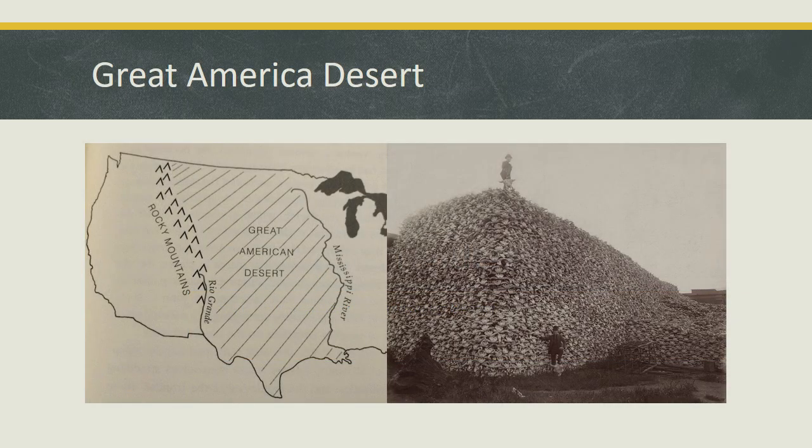Between the Mississippi River and the Rocky Mountains is today called the Great Plains, but in the mid-1800s this was called the Great American Desert because it had few trees and less than 15 inches of rain a year. The winter blizzards and hot summers discouraged American settlement, along with Native American Indian tribes that roamed the region for